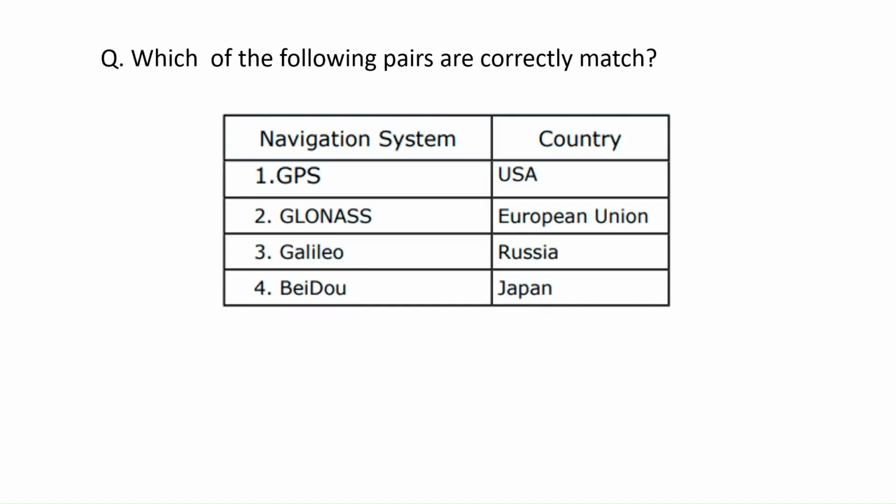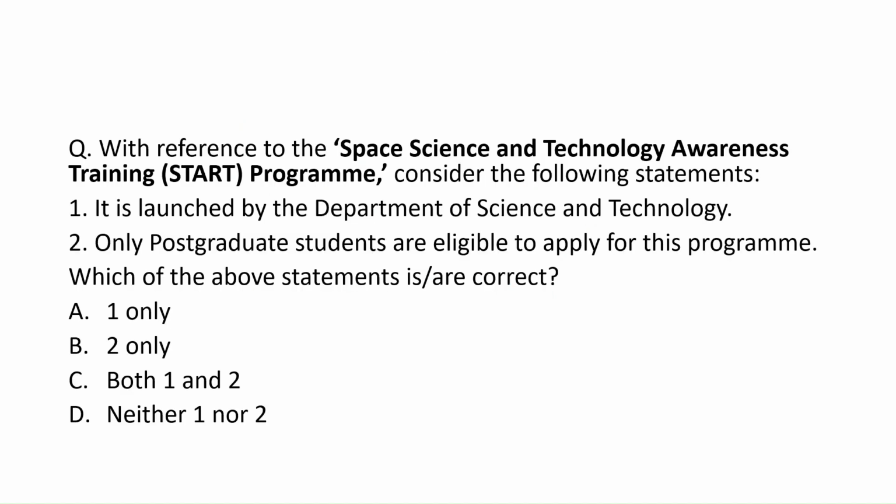Next up, which of the following pairs are correctly matched? As we have discussed just now, GLONASS is Russia's satellite system, Galileo is European Union's, and Beidou is China's navigation satellite system. So only A is correctly matched. That is, GPS belongs to USA, right? Now the last MCQ for today asks,